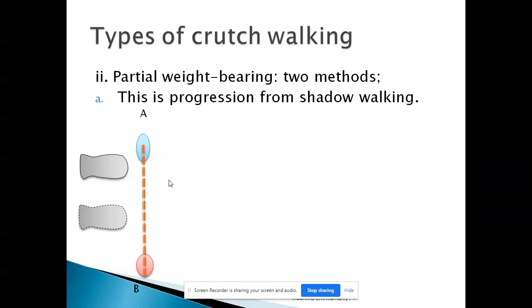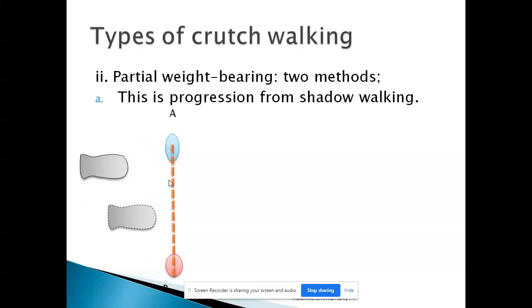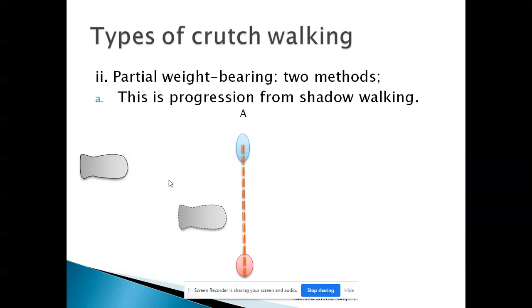In partial weight bearing, we have to place the weight at least 50 percent or a little less than that on the affected leg. So we have to make the patient bear at least some weight on the affected leg. Let's look at the video demonstration and see how the author Tina Gardner tells it in her book. First, take both crutches along with the bad leg, weight bear on the bad leg, and then the good leg follows ahead of the imaginary line of the crutch.